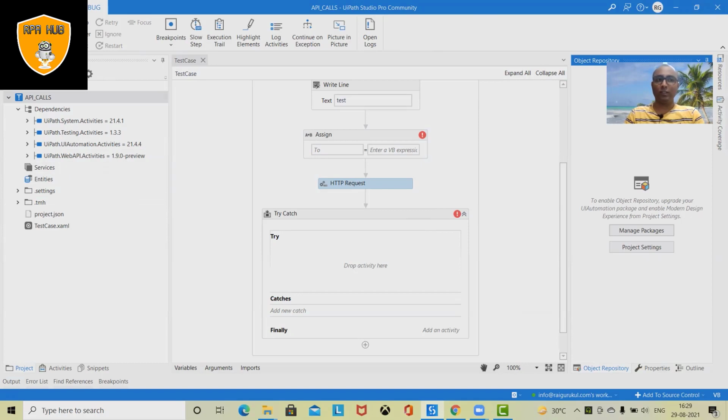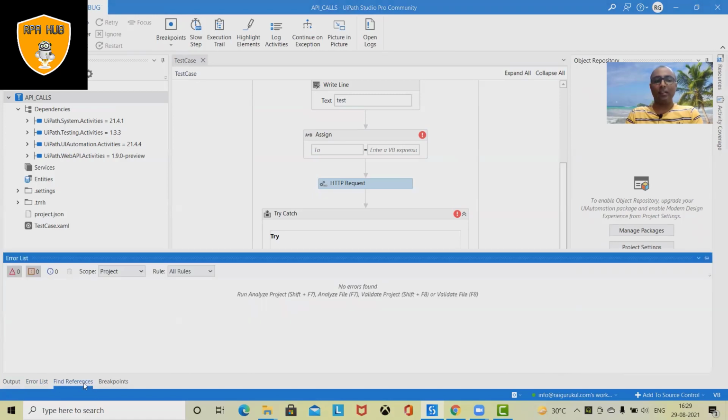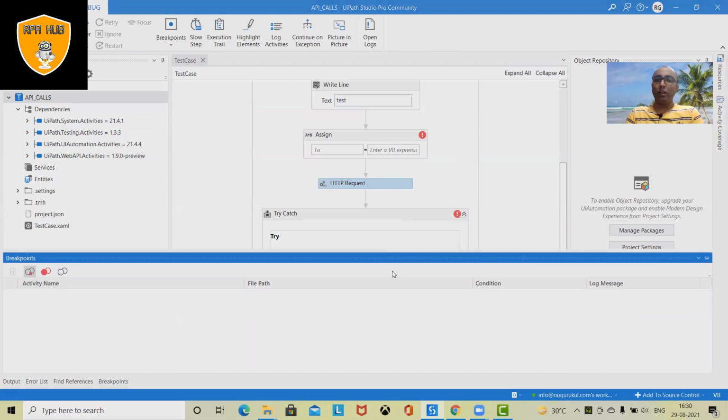Now, post this, we have debug options where you can debug each and every step of your code when you are doing executions. You can also find step into, step over, step out. These are basically used to track whatever defects or breakdowns you are having. So let's say I'm running a complete project and my execution is not completing properly. Where these errors are, we can simply use this field to find the actual location where our code is throwing an issue. Then here you will find different output sections, error list, find references, and breakpoints. Breakpoints are basically used when we are using the UiPath debug functionality.